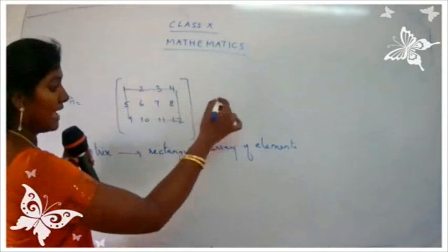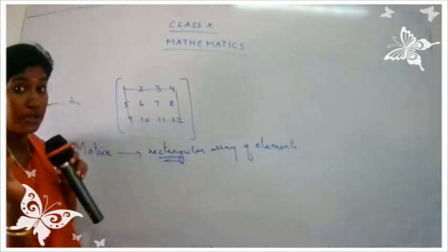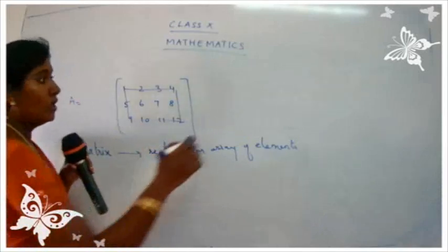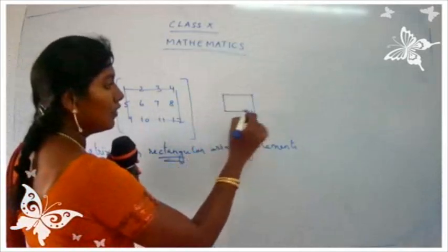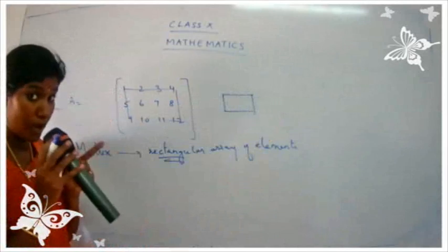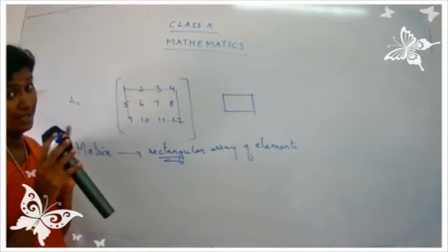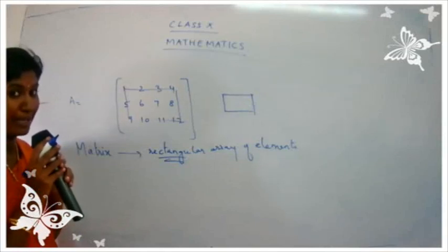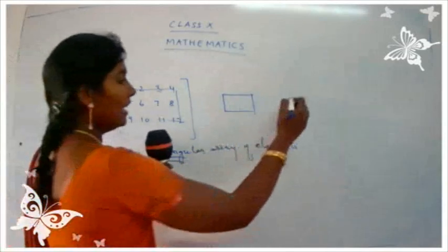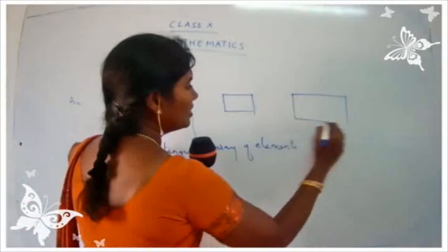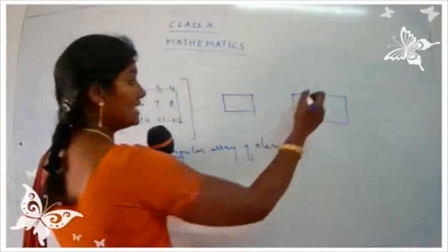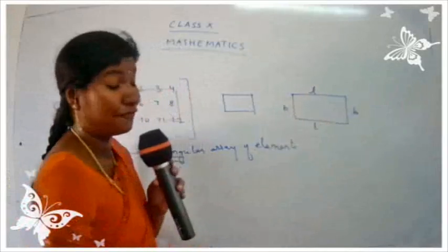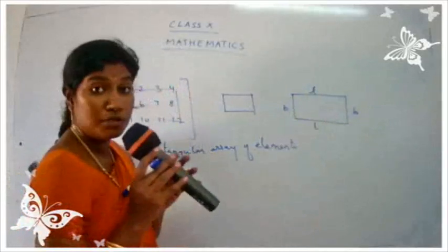Okay, and maybe you may have a square, but we know we don't use a term square array. We call it as rectangular array because a square can be called as a rectangle. A square can be called as a rectangle, but a rectangle cannot be called as a square. I hope you people are getting confused. Yes children? See here children. If I talk about a rectangle, what is the meaning of rectangle? It has length, it has breadth. That is, the opposite sides are equal. What is the definition for rectangle? The opposite sides are equal.